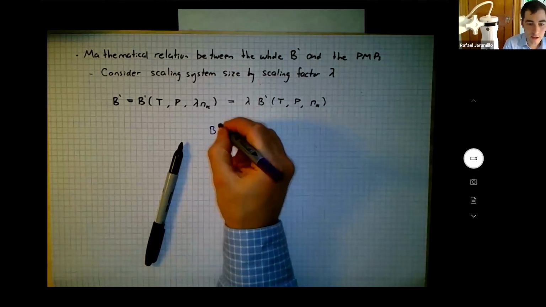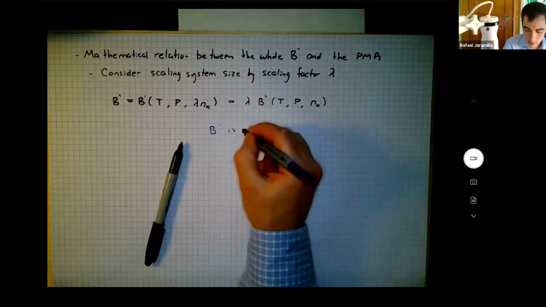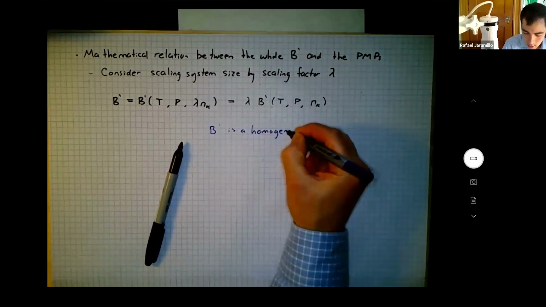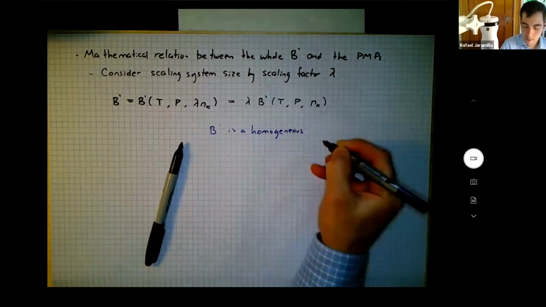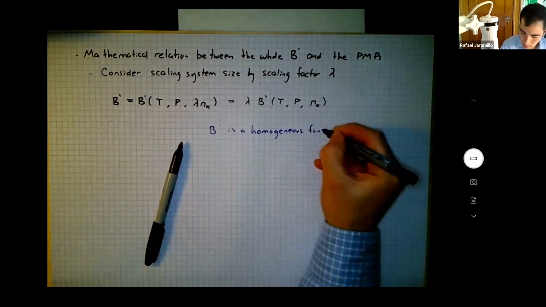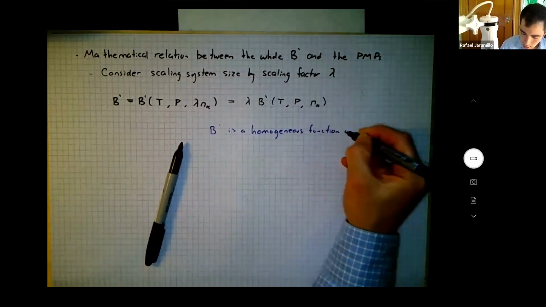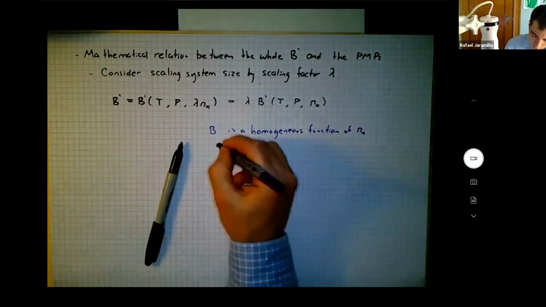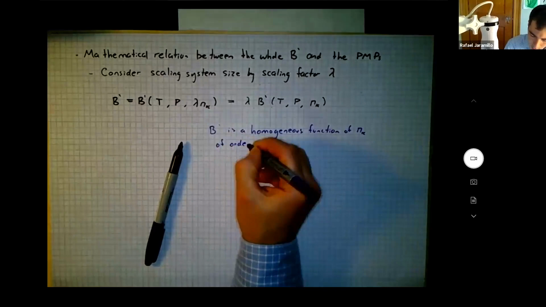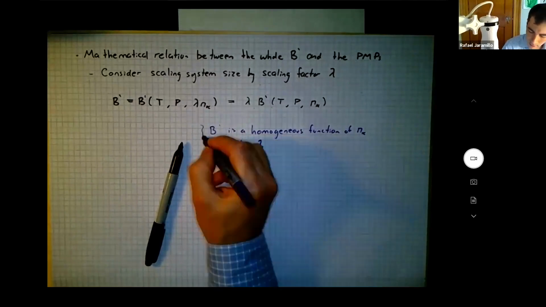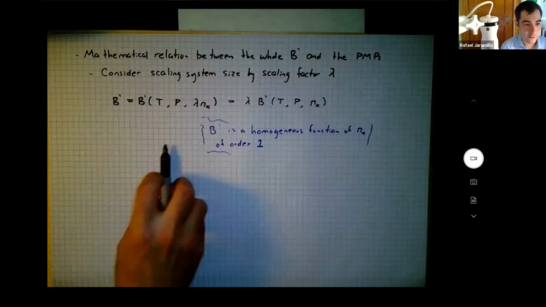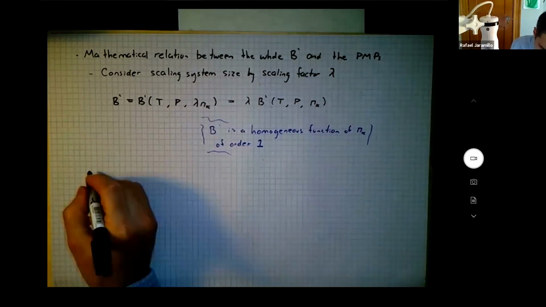What that means is that B prime is a homogeneous function of the n_k's of order 1. So for those of you who do like real analysis and stuff, that comes in, but never mind. Okay, so what we're going to do with that is we're going to take the derivative